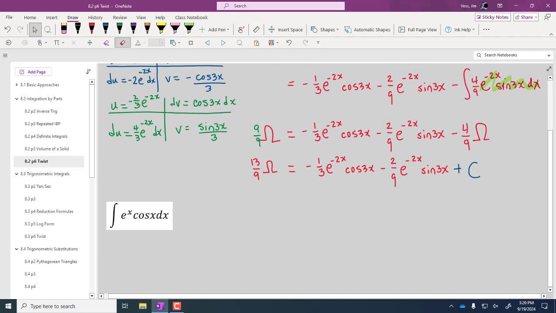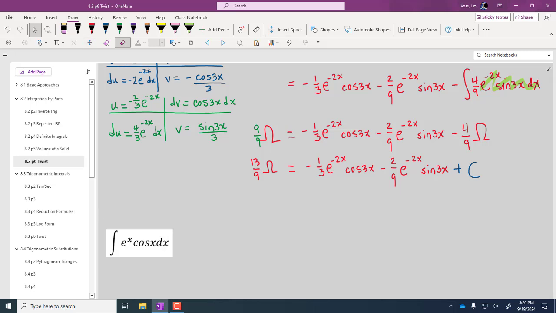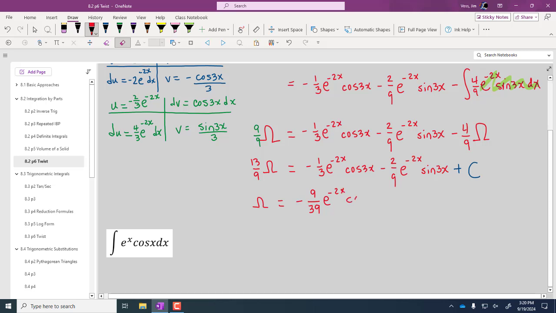And then we just have one step to go. Last step. What do we do to both sides? Isolate omega. Divide by 13/9, multiply by 9/13. Yep, whatever floats your boat. So here we go. So 9/13. We're going to multiply both sides by 9/13, and that will be the antiderivative that you have been looking for